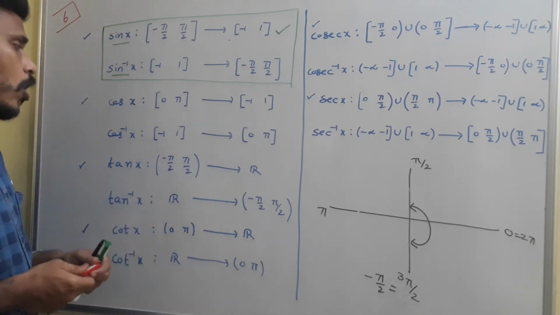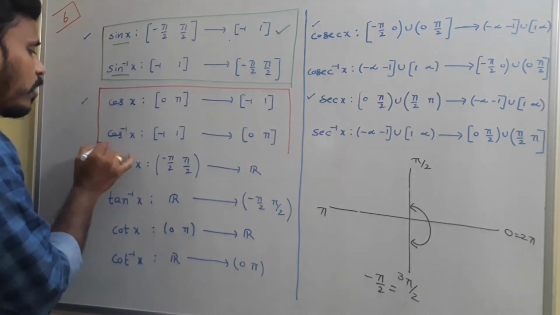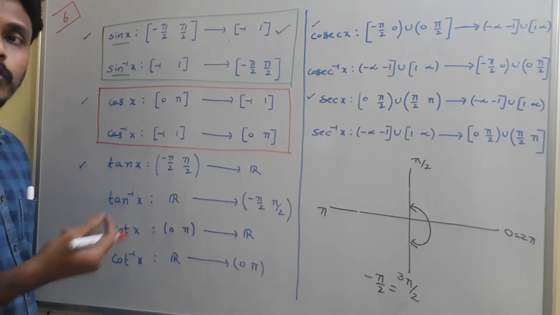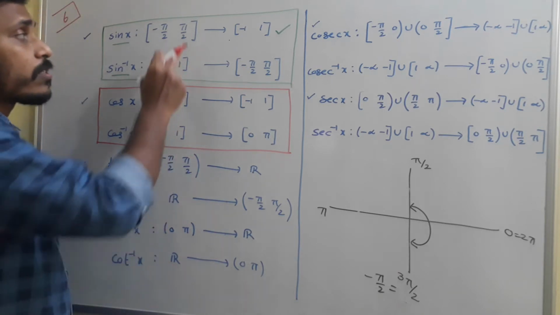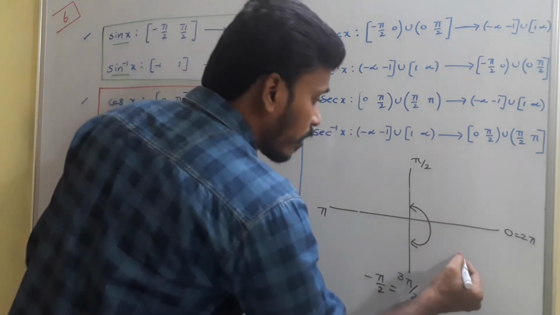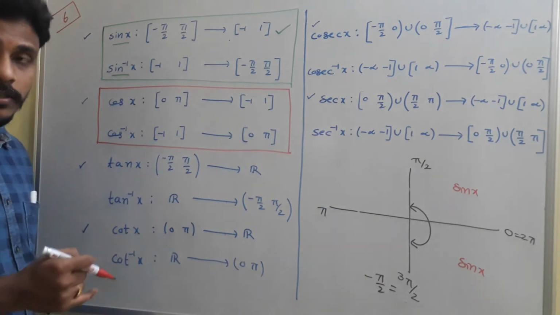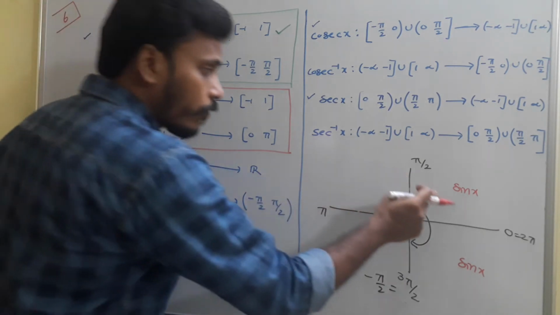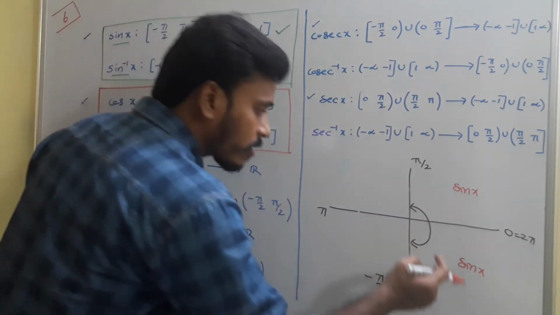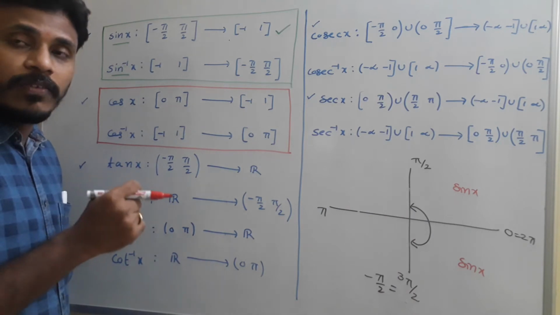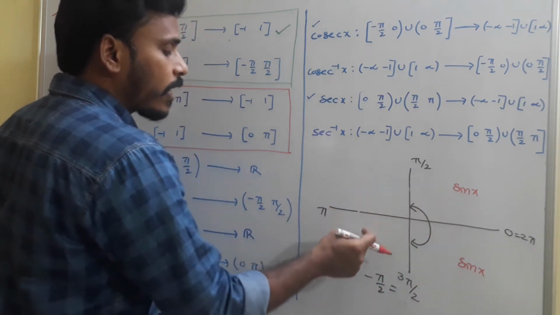Now, cos x. We need to consider a bijective cos function with its domain and codomain, and then consider its inverse. For sin x we considered the fourth and first quadrants; now we think about cos x. Cos x is positive in the first quadrant, negative in the second quadrant, negative in the third quadrant, and positive in the fourth quadrant. All Silver Teacups, we know it, right? Cos x is positive in the fourth and first quadrants, and negative in the second and third quadrants.